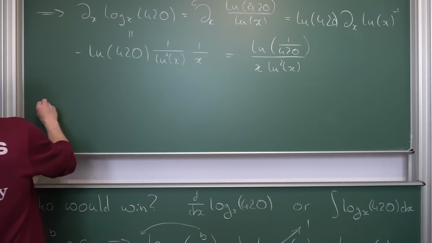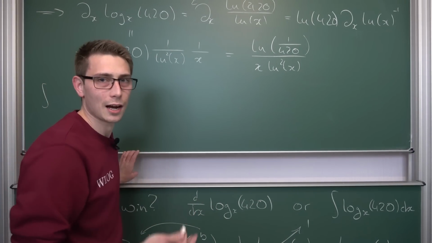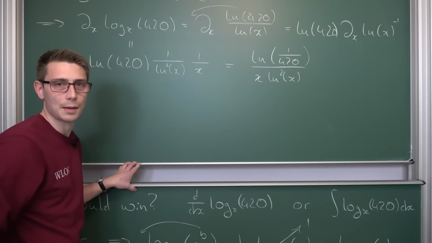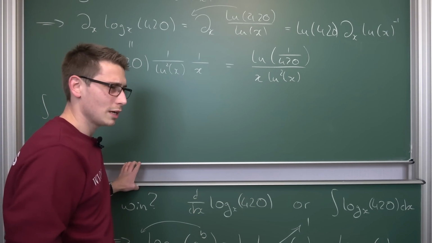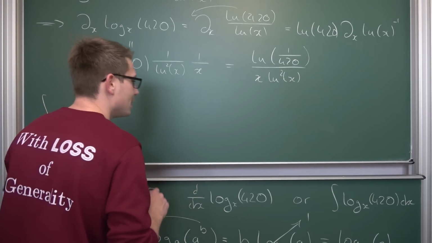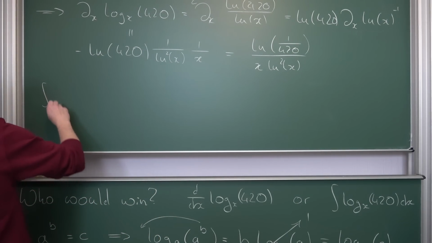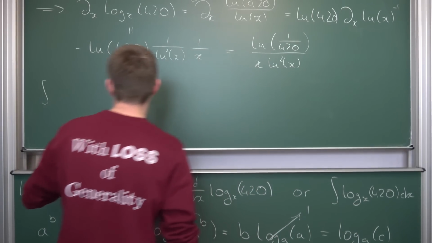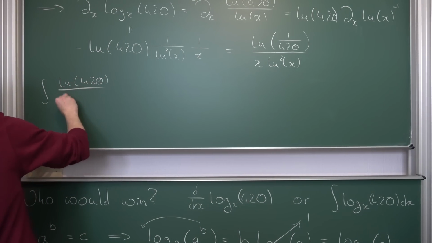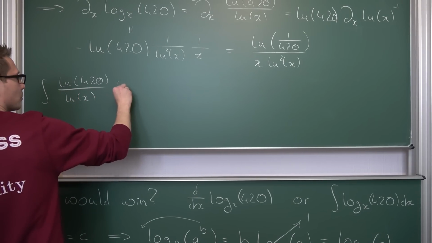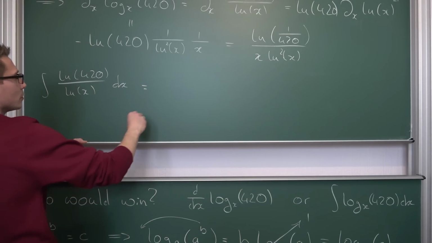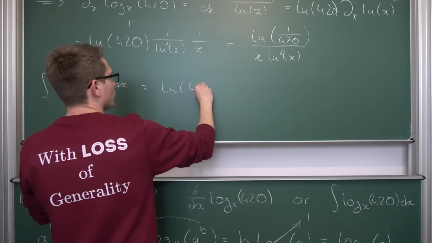The integral is, like mentioned before, a tiny little bit ugly and only works for few particular values as upper and lower bounds, because the function that we are going to have is going to diverge pretty quickly. It's a function that tends to diverge very, very quickly on upper and lower bounds, and if we were to plug our definition for log base x of 420 in, we are going to get the natural log of 420 divided by the natural log of x, integrate with respect to x. And once again, ln of 420 is just a constant. By using the linearity of the integral, we can bring it to the front, leaving us with the ln of 420